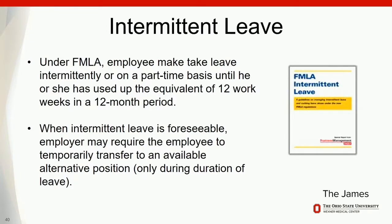A flare-up that was unanticipated, a reaction to medication or treatment, those are other things that might require some intermittent leave. When it's foreseeable, it's easier to contend with, and an employer may choose to put you in another position where it's easier to contend with intermittent absences if we know you're going to have 3 to 5 absences over any given month, but we don't know exactly when they're going to be. So if you're in a direct customer interaction job, absences may be harder to deal with, and we might move you to a slightly different